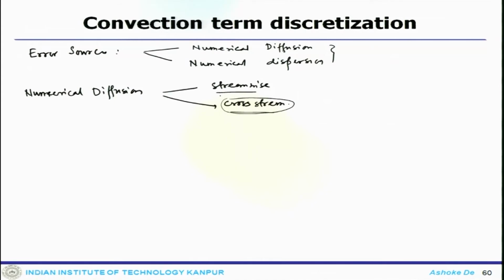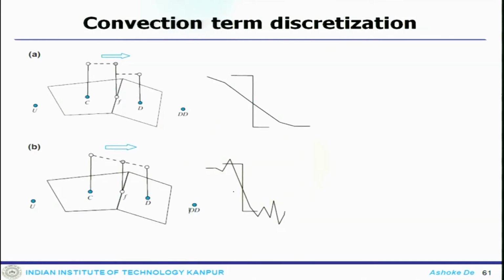Now, streamwise numerical diffusion can be reduced by increasing the higher order scheme interpolation profile. But what would happen once you do that,